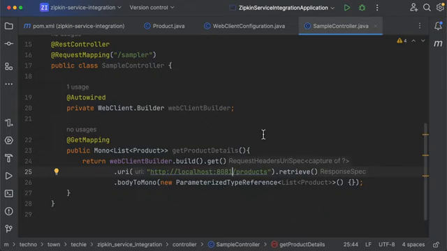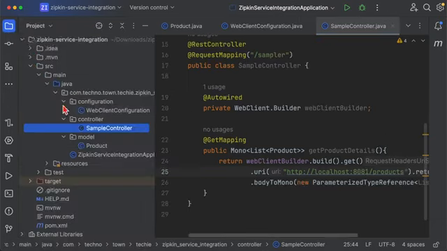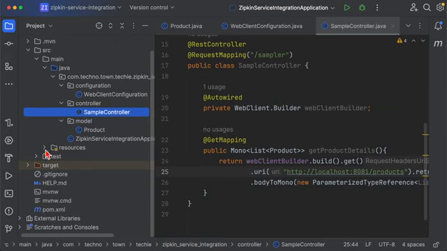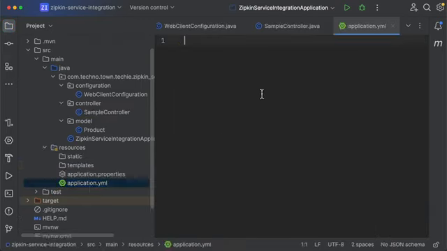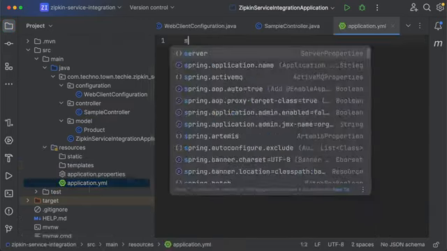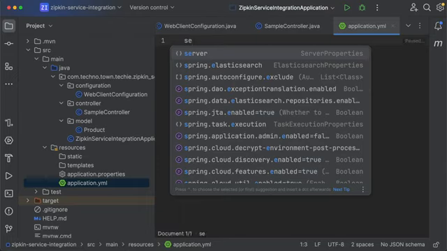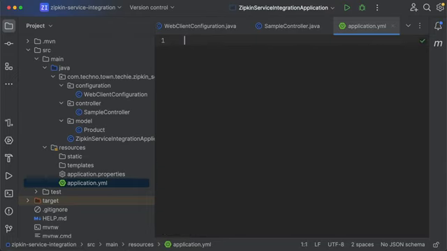Okay, so that's it, and our service is ready. Now we need to add some tracing related configuration in our application.properties file, that is, the application.yaml file. Before that, I need to provide a service name, right? So for Spring application name, I'm going to provide Zipkin